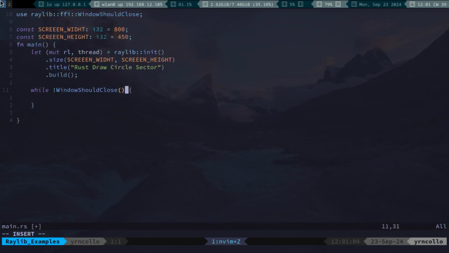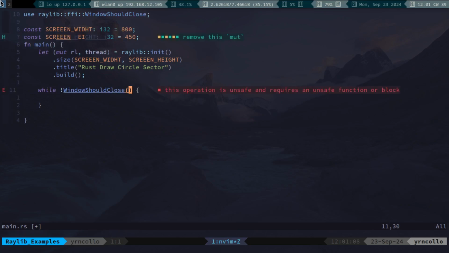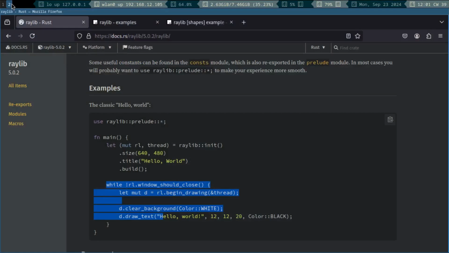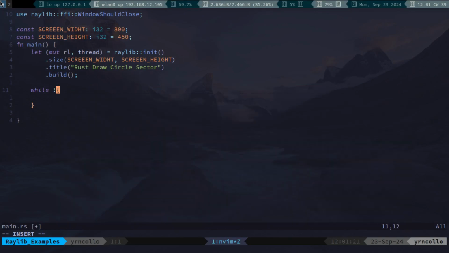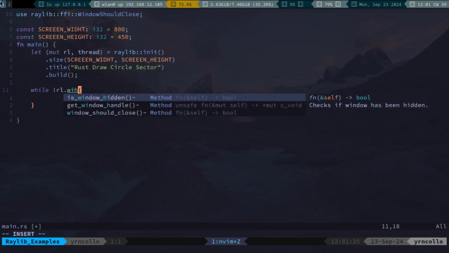Window should close while it's false. Yeah, it was false. Okay, yeah. You're forgetting to initialize it with the variable. So while rl dot window should close,